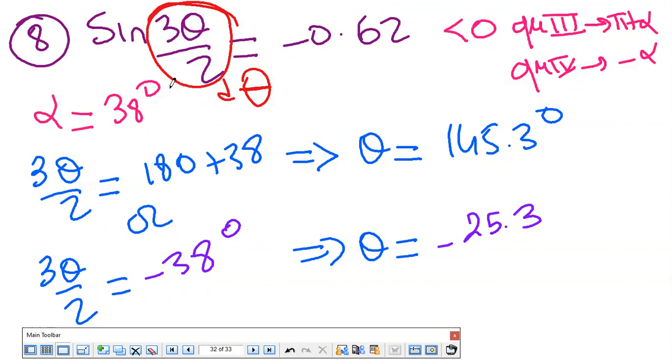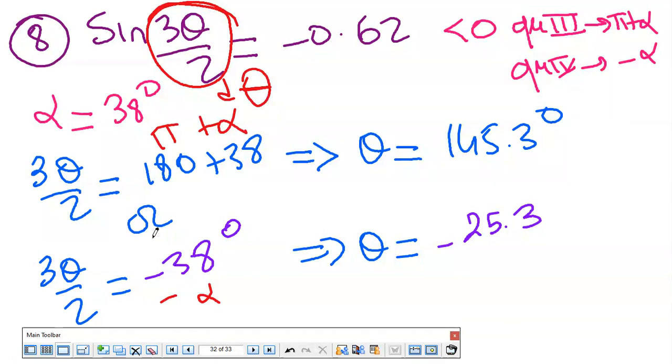What is the angle here that I'm looking for? It's 3 theta over 2. So it means 3 theta over 2 is equal pi plus alpha. So this is pi plus alpha or minus alpha, or I can write also 2 pi minus alpha. And then I solve for it. So I do 180 plus 38, and then I cross multiply. So theta is going to be 180 plus 38 times 2 over 3, and then the first angle is